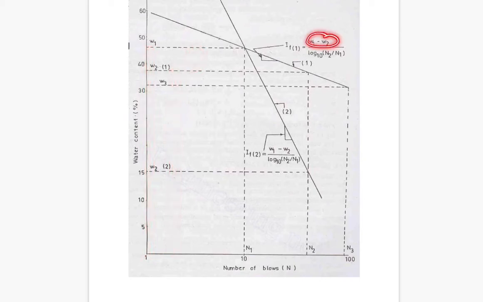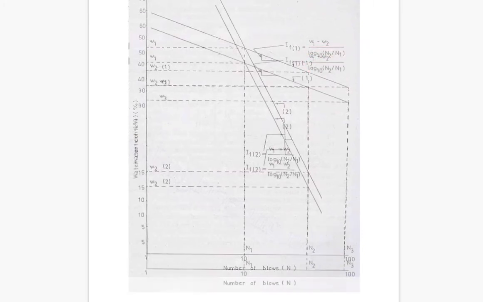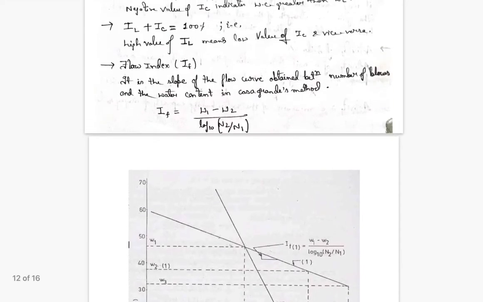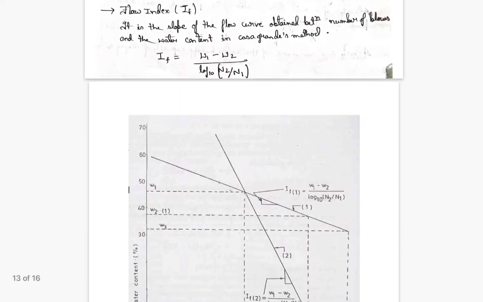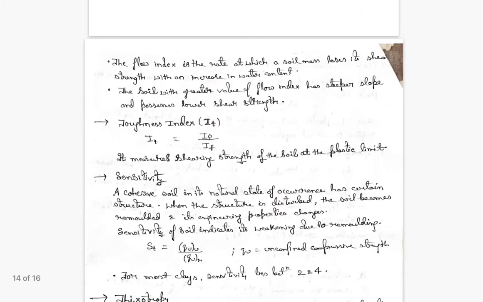Okay, W1 minus W2 divided by N2 minus N1. ये बचपन से हम लोग सीखते आ रहे हैं, बचपन इन द सेंस 11th 12th हमने सीखा है। ठीक है, but it is not a normal scale, it is log scale. Hence IF is given by W1 minus W2 divided by log base 10 N2 minus log base 10 N1. Okay, करेक्ट। ठीक है, तो हमने जाना कि फ्लो इंडेक्स इज द स्लोप ऑफ द फ्लो कर्व।